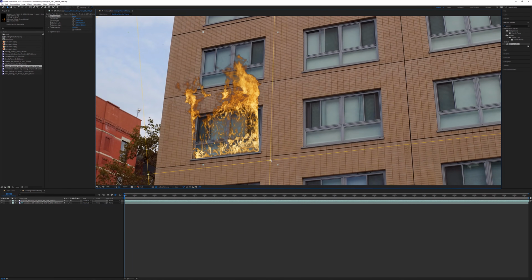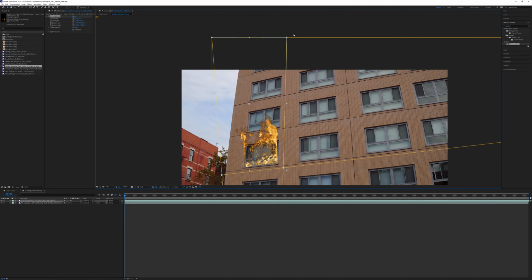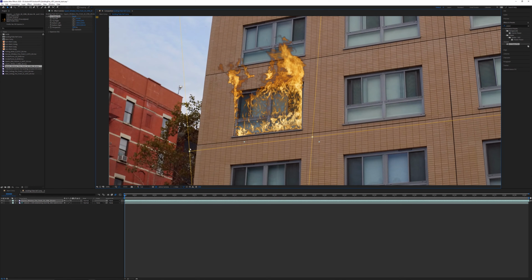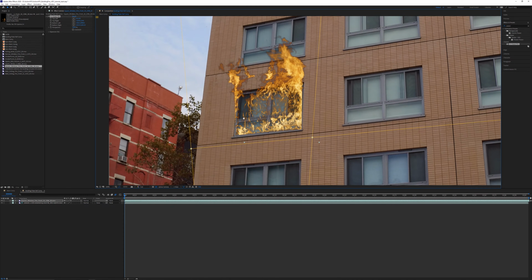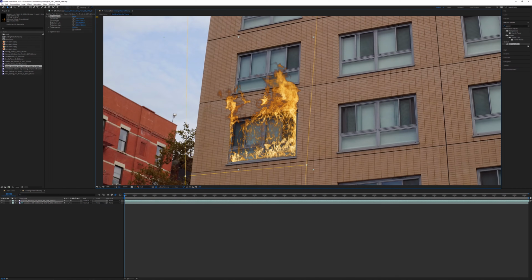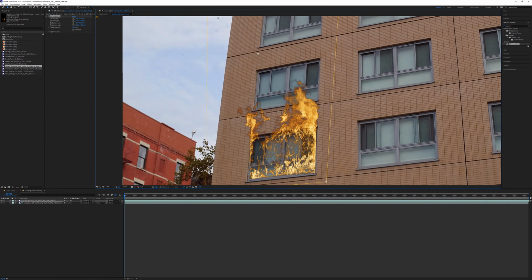So we want to see a little bit of frame around it because unless there was like an explosion, most of the frame would still be there, especially if it's metal. Now we have some freedom here to choose if we want some of the frame maybe broke off or got blown out as the window was blown out, like it was a really powerful explosion. But for the most part, leaving some of that window in is probably a good idea. We can just move this over, pull these in.